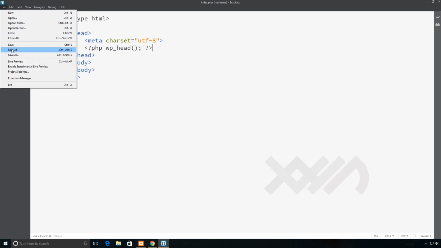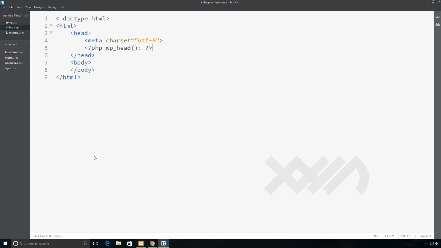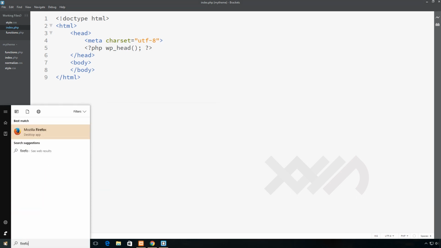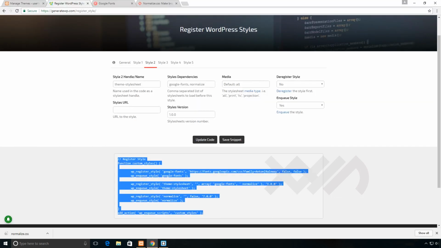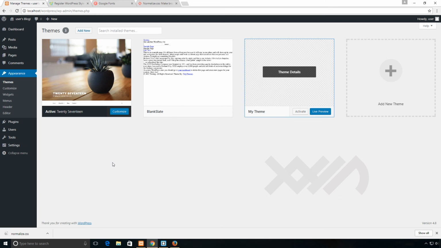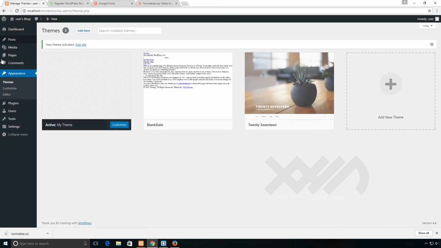Let me do a save all and test it in a browser. I think I want to use Firefox, since normally I use a different browser. So I have Chrome, and I have the dashboard opened here. What I'm going to do is activate my theme. Don't forget to do this. Okay, so now that it's activated,